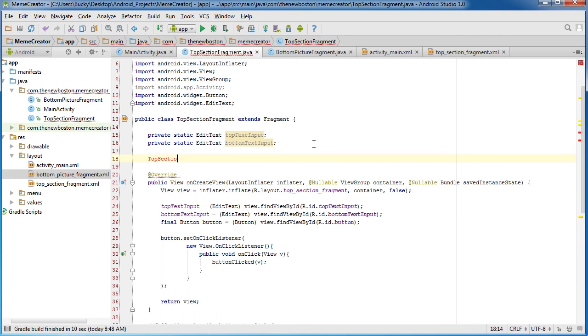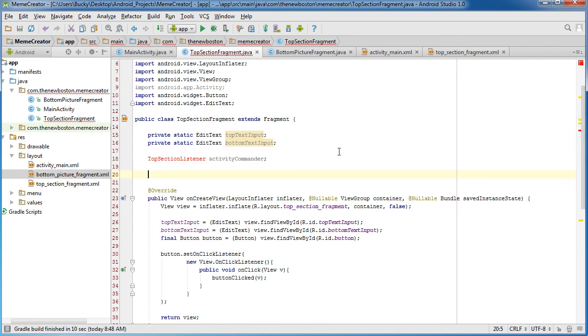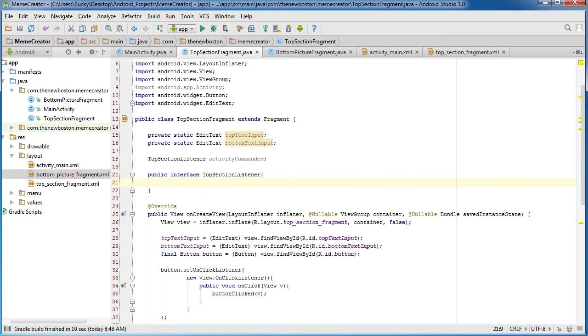So I'm just going to name my top section listener. Activity commander is the name of the interface object. And of course, since we said we're going to create an interface named top section listener, let's go ahead and do that right now. So public interface top section listener, and of course what we need to do is say, okay, this interface is going to be implemented by main activity